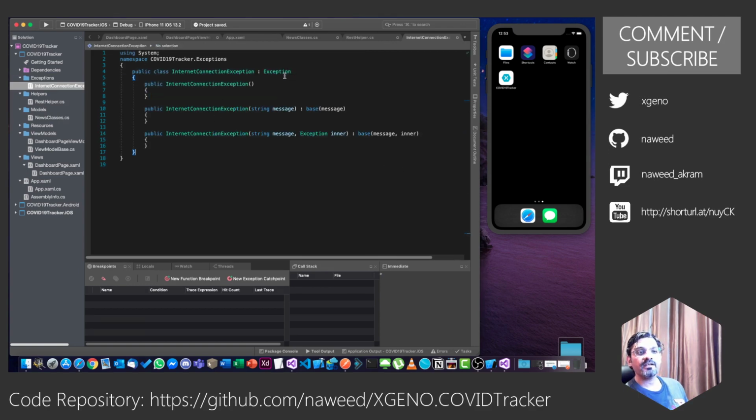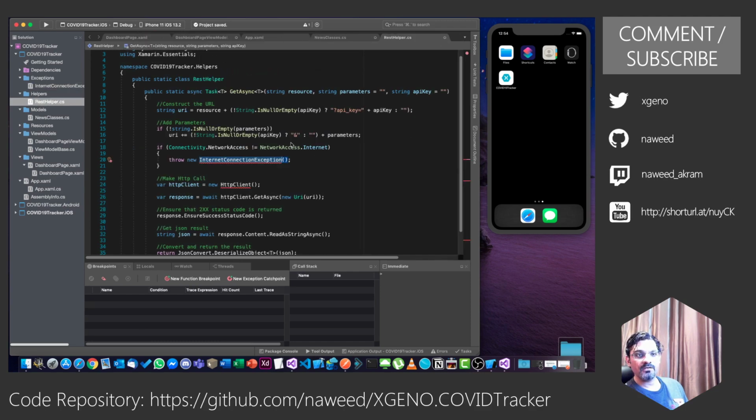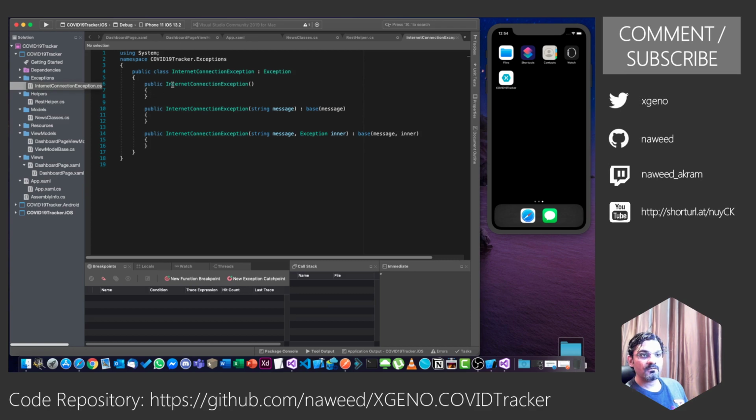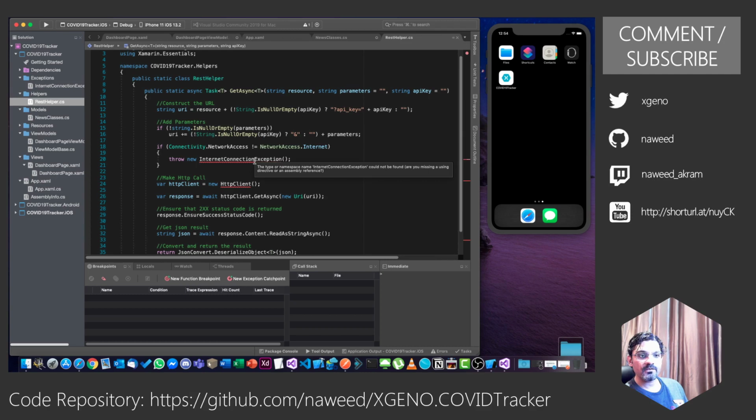It is just inheriting from exception, and we can pass in the message or the inner exception in case you want to make use of this. That's all we are doing. So let me save this. I will show you when we work with this why this is very useful. Internet connection exception, public class. Okay, we have saved this.